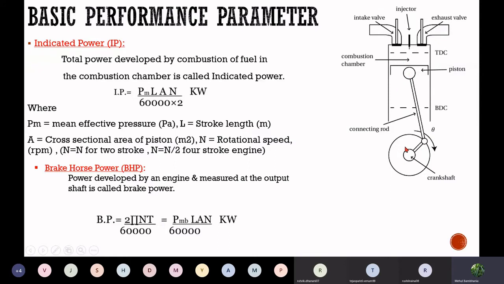That reciprocating motion is transferred into rotary motion by means of the crankshaft. So that is what we are actually interested in, and the power available at the shaft is referred to as brake power or brake horsepower. So for a shaft, in general, the power associated with a rotating shaft is given by 2 pi N T by 60, where T is the